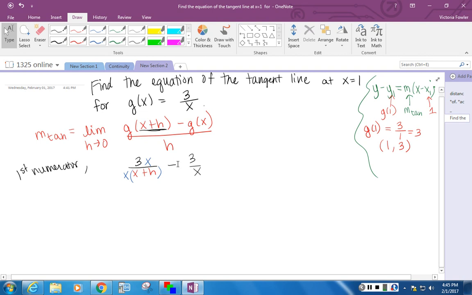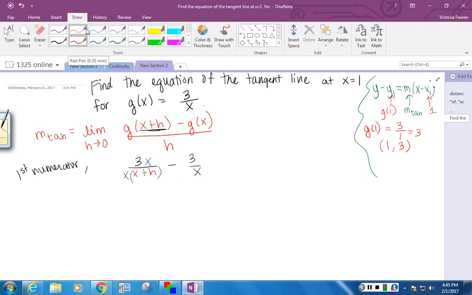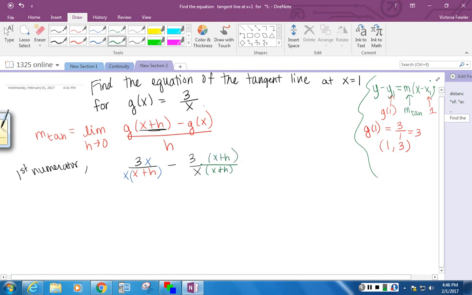I've just creatively multiplied by 1. And then I'm going to subtract 3 over x, but I need to do it in a form where I've now creatively multiplied by 1. So if my LCD is x times x plus h, I'm missing a factor of x plus h. Can't just multiply it to the denominator, creatively multiplying by 1 here. And so if I simplify this, I will have the same denominator. That's what I wanted, a common denominator. I'll have 3x minus 3x minus 3h. And so if I simplify the numerator, I'll have negative 3h all over the quantity x times x